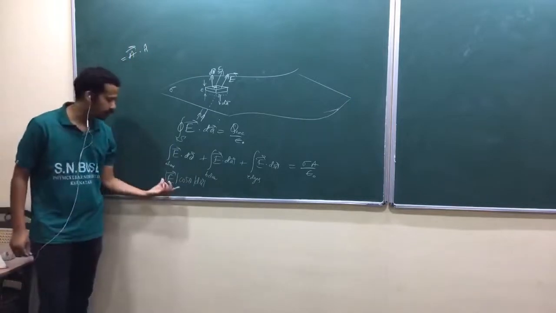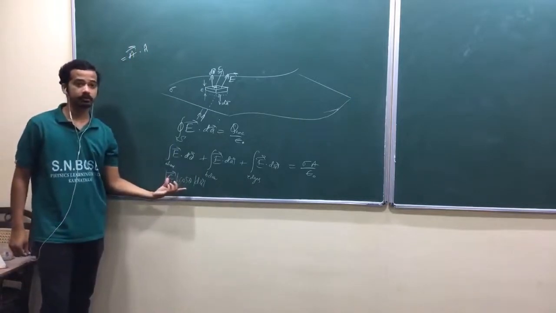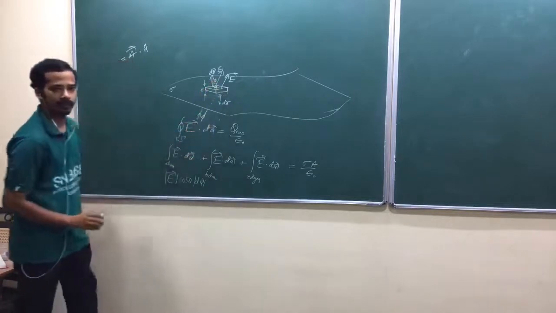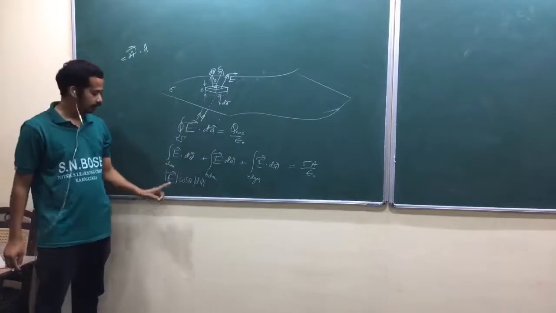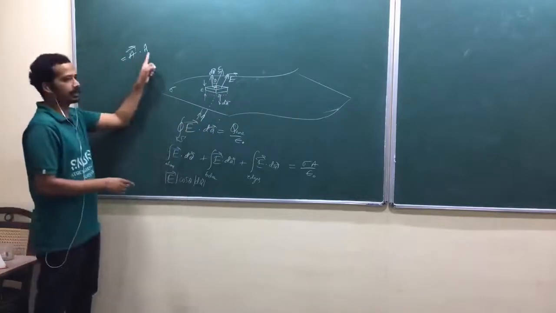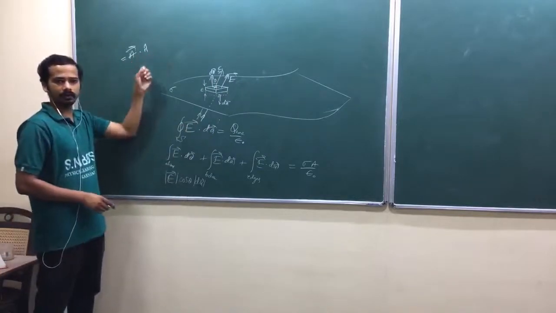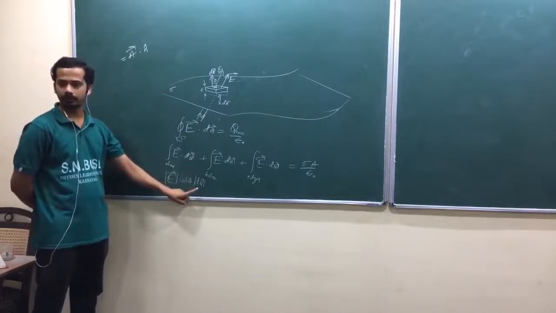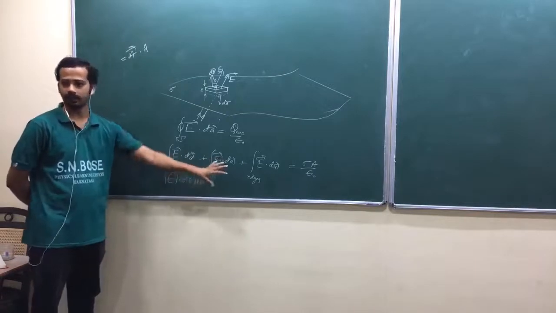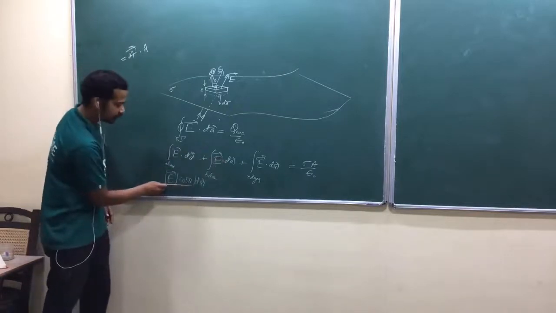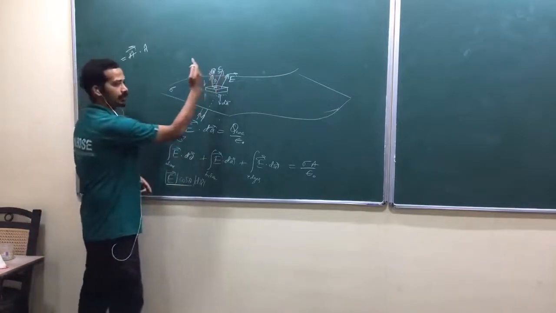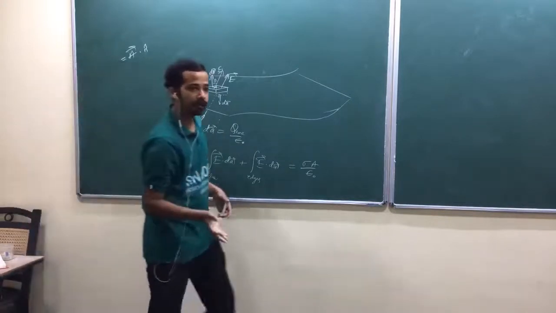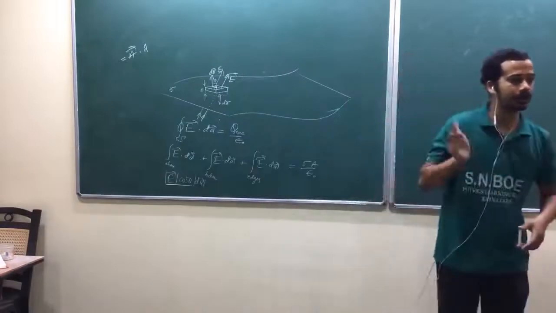Isn't it? What is mod E bar into cos theta? That is the component of the electric field. Suppose this is theta. Is that okay? At that surface, what is mod A into cos theta? That's how we write. Am I right? This is mod A into cos theta. That is the component. But in Gauss law, I don't have a unit vector. I have dA, but I'll take it outside. But what is this exactly? That is the component of the electric field along the dA vector direction, or I can say the component of the electric field perpendicular to the surface at that point.